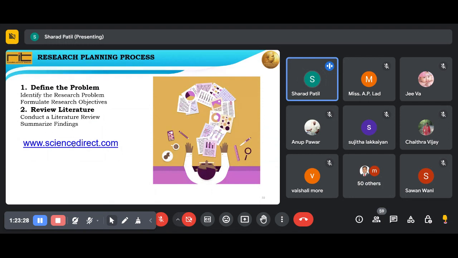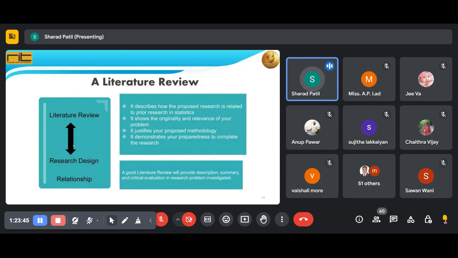Now the purpose behind showing this slide is that you have done the exhaustive literature review, and you are moving towards the research design stage. Okay, research design stage by asking the research questions and the hypothesis on that. Here we have the relation between the literature review and the research design. So what is the relationship between these two? Because unless and until you go through the literature review, you are not able to design the research and then plan the research. Okay, so literature review,